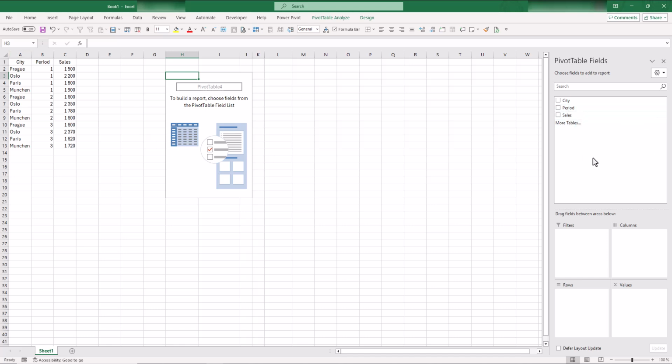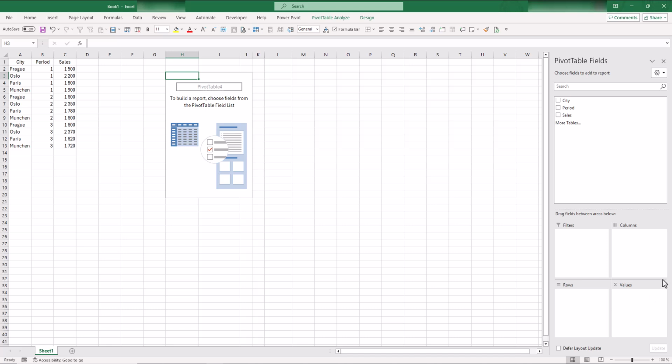And maybe just a quick explanation. When you see fields somewhere, very often or practically all the time it is a column in the source table. So when you say column or when you say field, it is quite the same. So don't worry about it. Back to the pivot table fields menu. With these three fields, with these three columns, you can